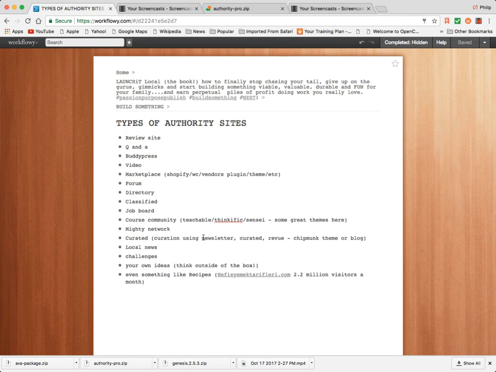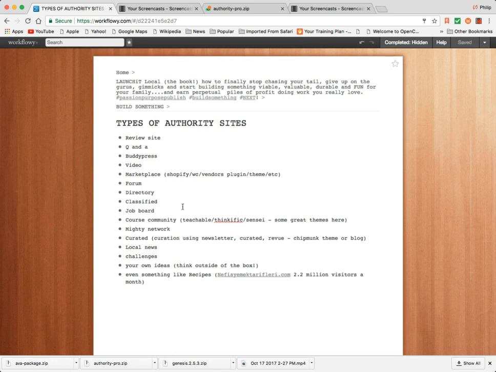You can do a directory, obviously. That's something I recommend and do myself. A classified style site, a job board. Neither one of these have I personally done, job boards or classifieds. But if you look on ThemeForest, again, the Jobify theme from Astoundify is one of the top selling themes on